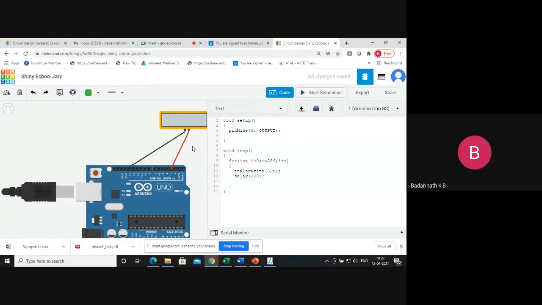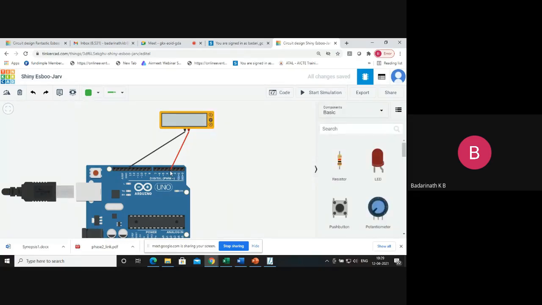So now we have understood that it is possible to generate analog voltage from these pins using the PWM concept. Let us take one or two devices and see how it works. Let's take a simple LED. I will take a simple LED to start with.